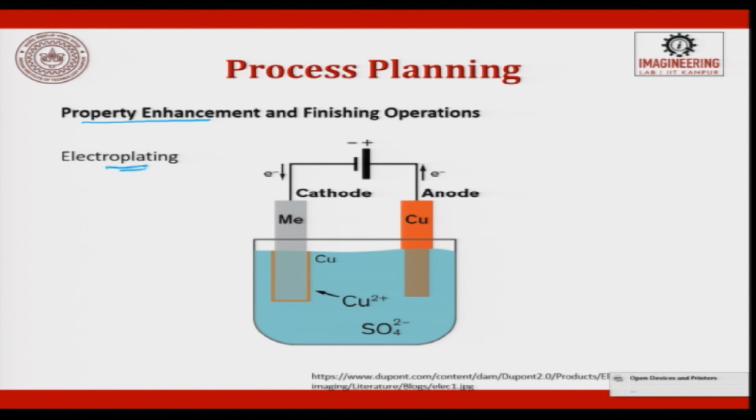One such property enhancement is electroplating also. I was always talking about heat treatment, electroplating. Electroplating is you have a power supply, you connect the power supply to an anode and a cathode. Wherever there is an anode, you can see the material given, and wherever it is a cathode you can see a deposition happening. So, you can see copper getting coated on top of this. So, this is electroplating. Electroplating is nothing but to give a protection or to give a color or to enhance the surface properties. For example, tribology and high temperature, all these things can be done.